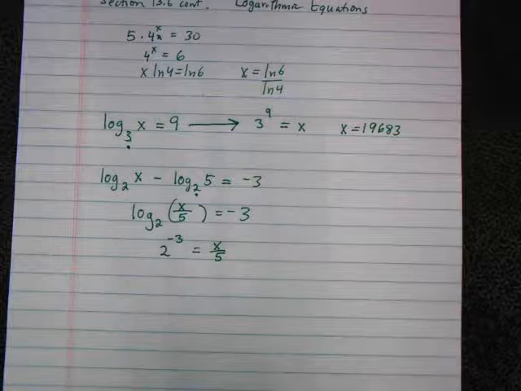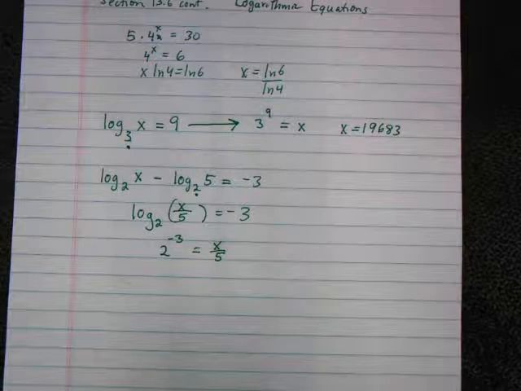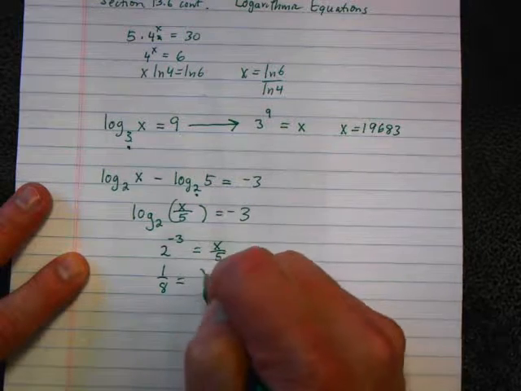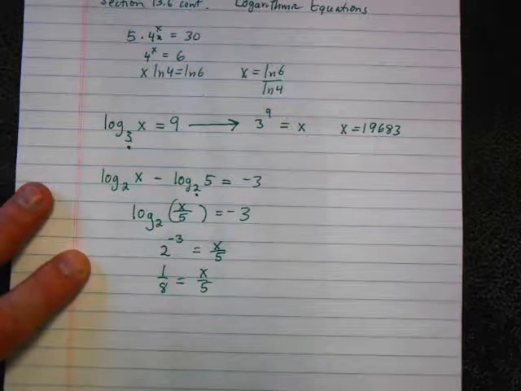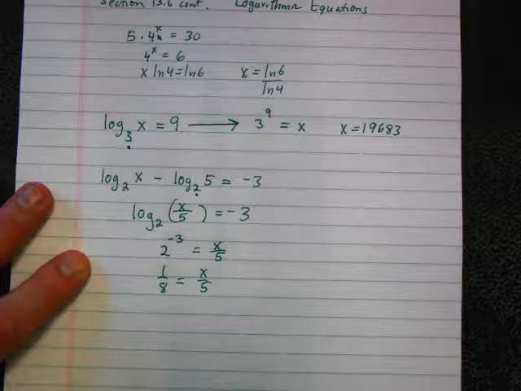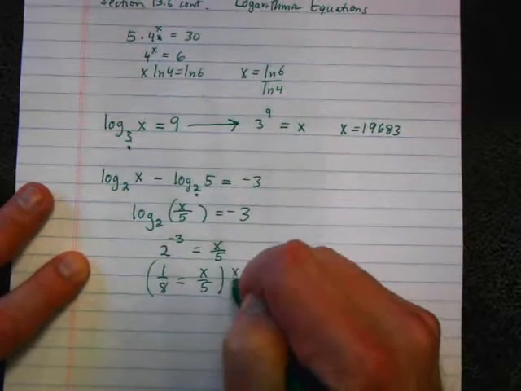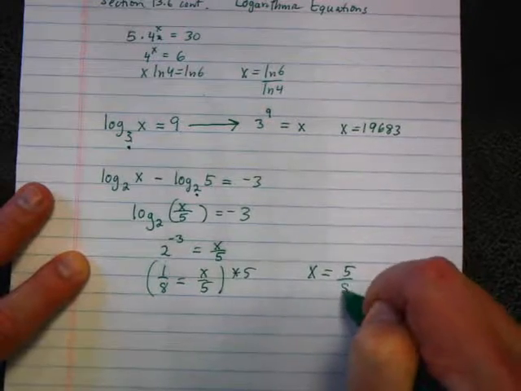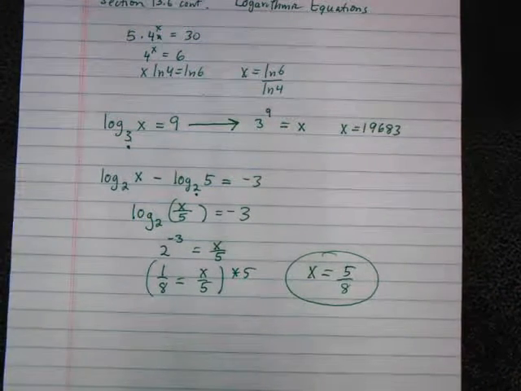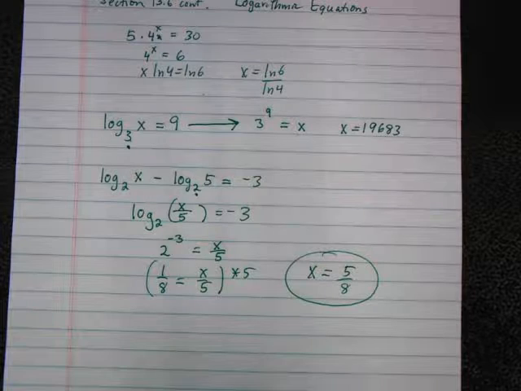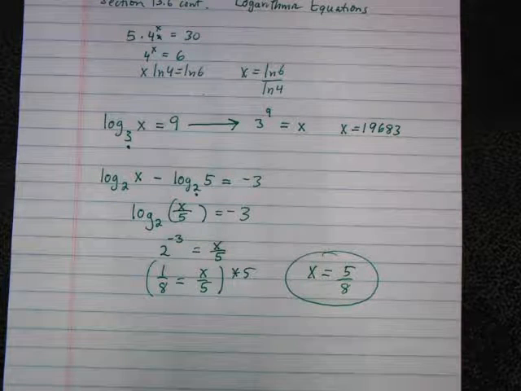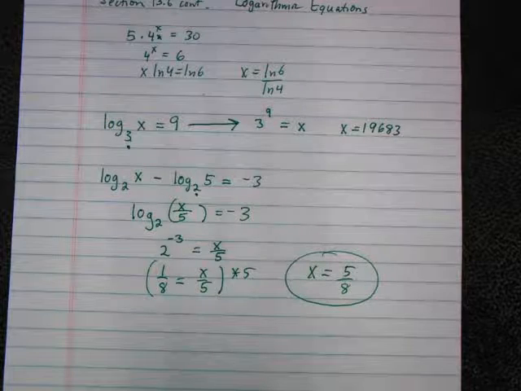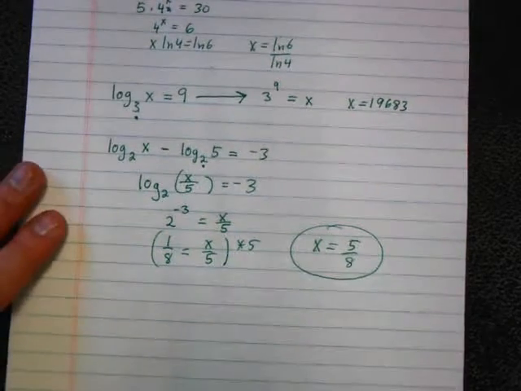How much is 2 to the -3? 1/8. So this is the same as 1/8 equals x over 5. How would you get the x all by itself? Multiply by 5. So x is 5/8. Questions on that one? All right, how about